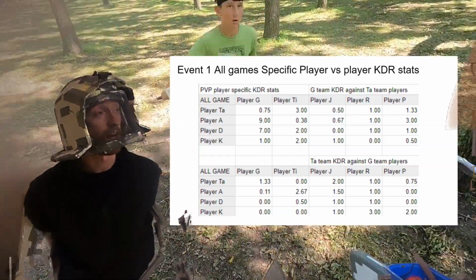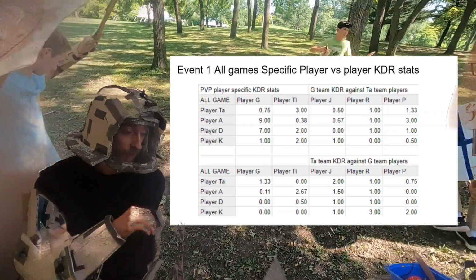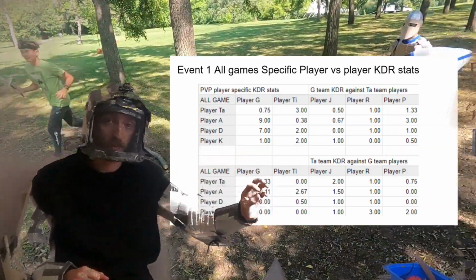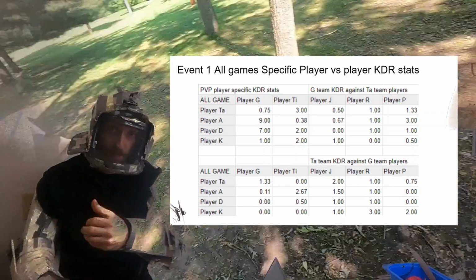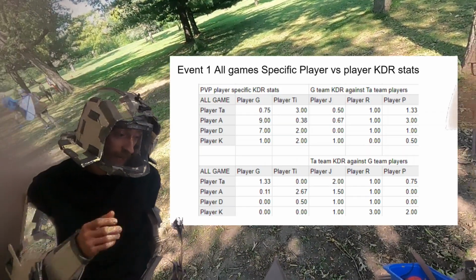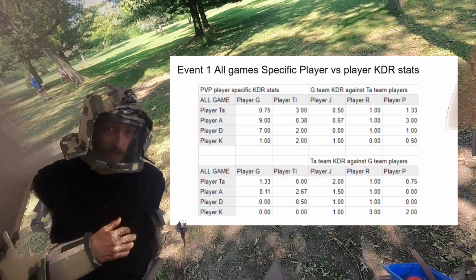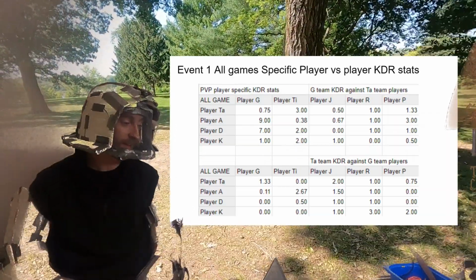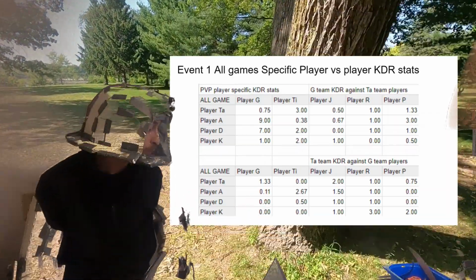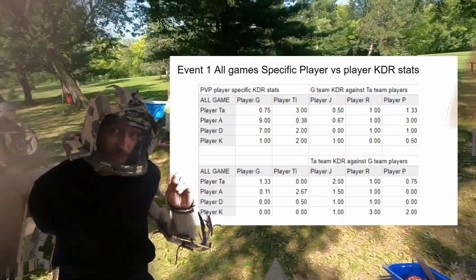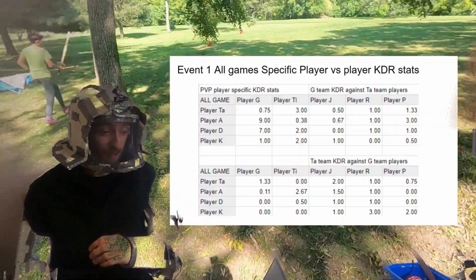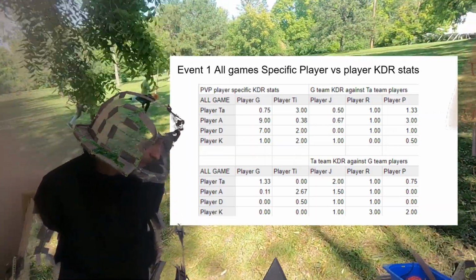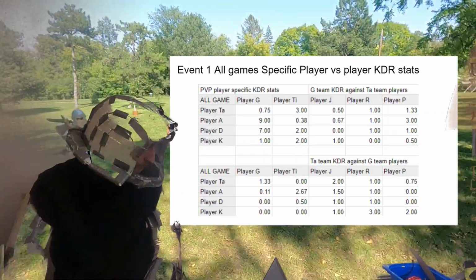So it would make a lot of sense if we were having an encounter and player TA was on the other team and TI and me were on the same team, and TI is a bludgeon and I'm a knight, there's no reason for me to go fight player TA. My KDR against him is abysmal. It makes way more sense for us to send out player TI and for me to help him rather than for me to go forward and try to take a one-on-one, because I'd just lose. But player TI has a much better success rate, and so he'd be more likely to win.